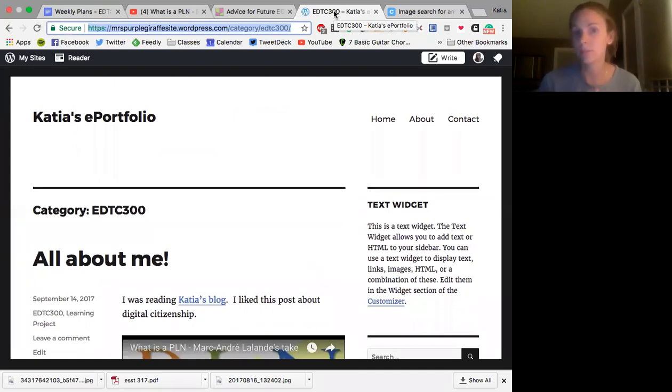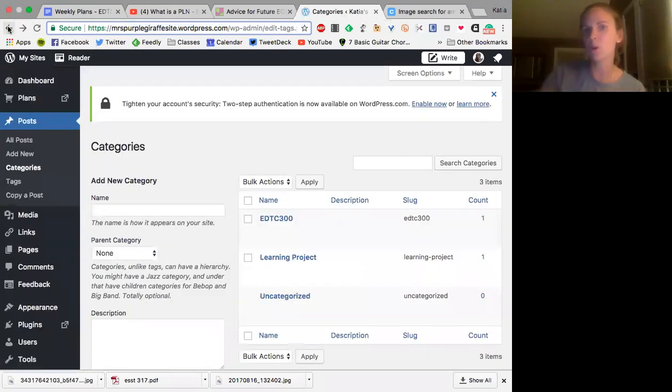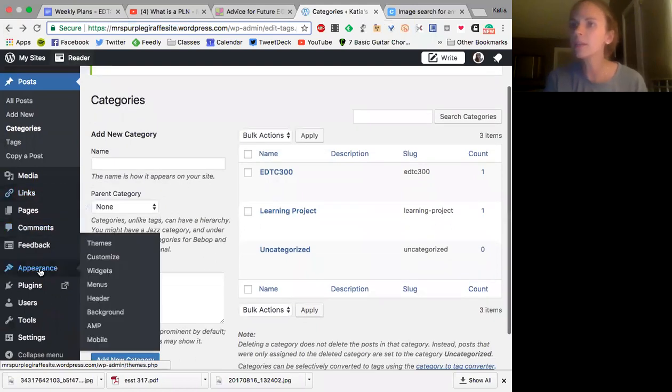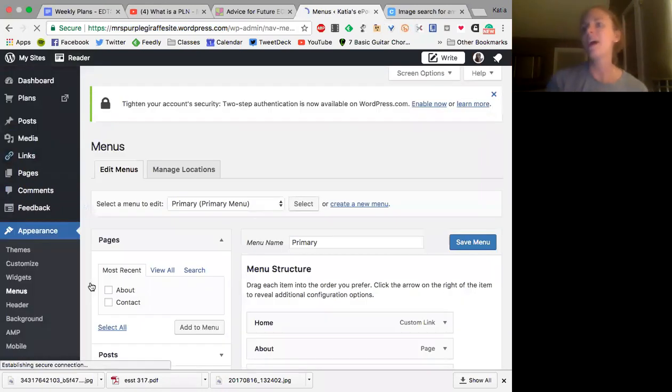The one other thing that I'm gonna tell you is, this is our menu right here on this site. It looks different depending on what site you're on. And sometimes people want to make a little menu for the blogs that you're making for this class. So the last thing I'm going to show you is under appearance. You can go to menus. You can decide what's in that little menu bar.